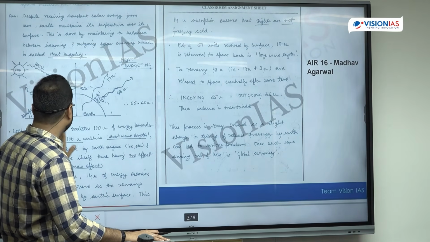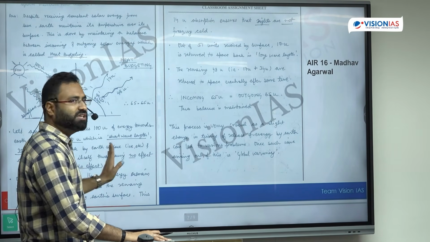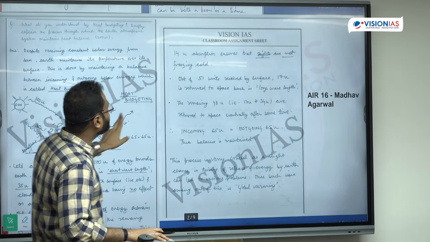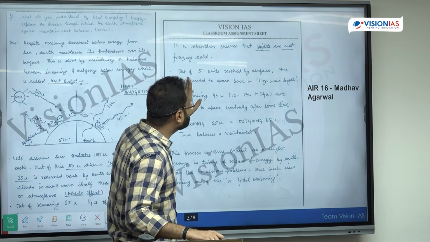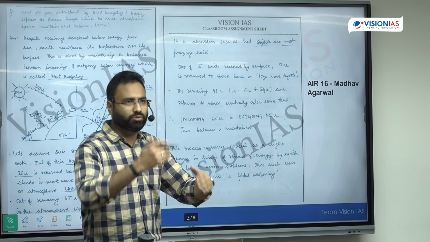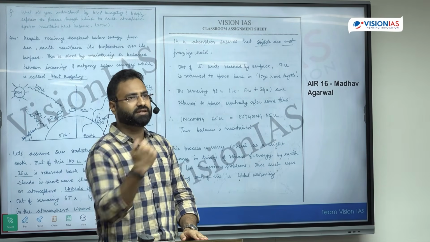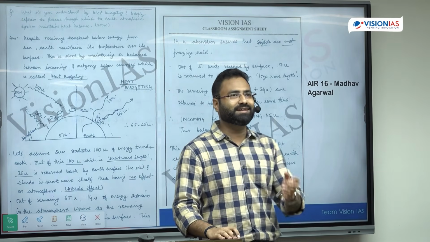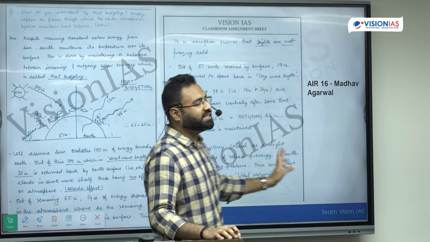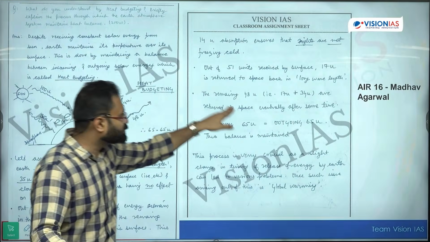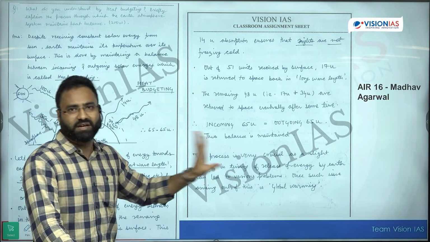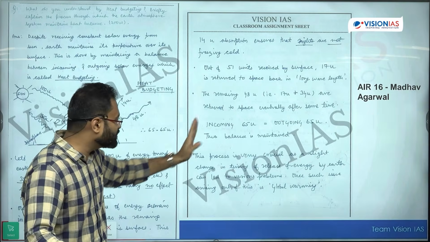Then he has explained the process where he has mentioned keywords like short wavelength and the albedo effect. Then he has also talked about other things like long wavelength, basically how the incoming solar radiation and the outgoing solar radiation work. To explain that, he has utilized certain keywords, and then he has talked about how much is incoming and what is the outgoing one, that is maintaining the balance. That is also proved in this particular answer.